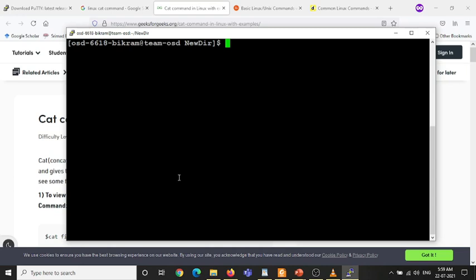Now in this new directory, the next task is to create a simple C file, and we will run the C file and get the output. So you already know how to create a file using the cat command and also the nano command. This we'll see in the next video lecture. So I will stop the video over here. In the next video you will see how to create a C file, execute it, save it and run it. Thank you.